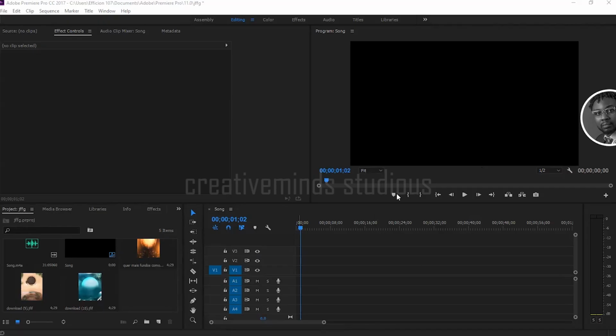All right, as you can see, this is our empty interface. The sequence has been created. We have our timeline, we have our media panel. All right, so now I think I should start from audio effect. Now about audio effects,